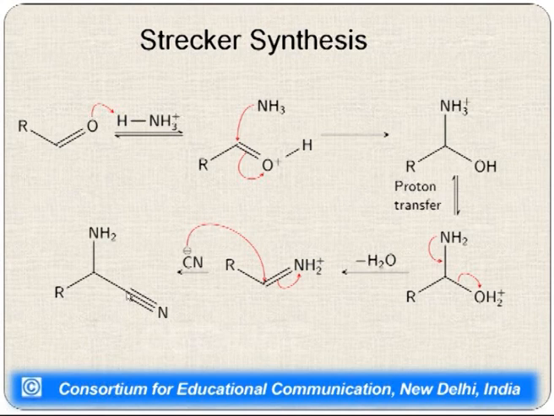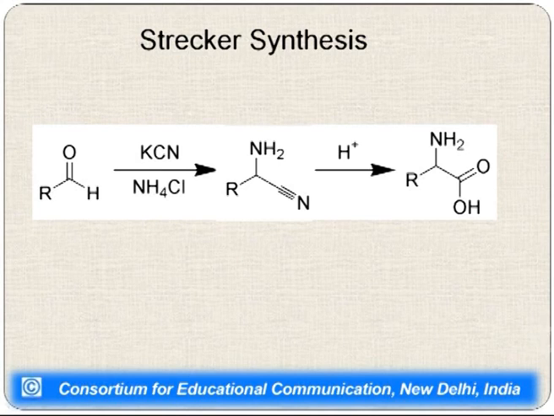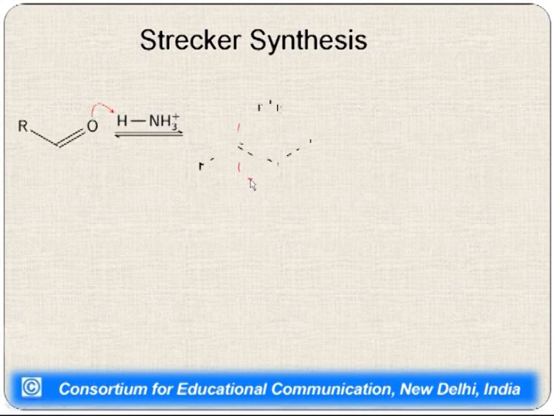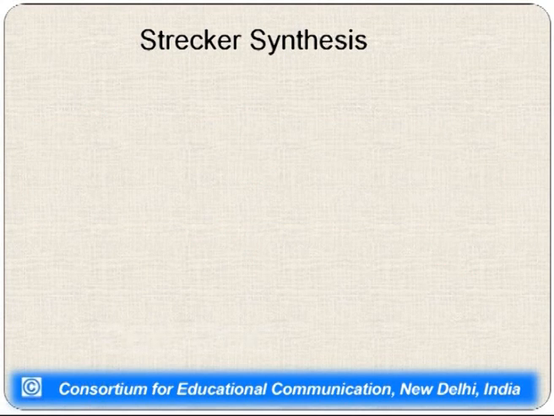This carbon is not visible, but C triple bond N, because it is linear, not planar, linear. I have drawn it like this, and this carbon is the C triple bond N cyanide. So, this NH2 and cyanide we have got. So, what was the earlier reaction which was there? We have reached from aldehyde till this step by having cyanide and NH2 group in one molecule. Next, what we are doing with this amino nitrile,